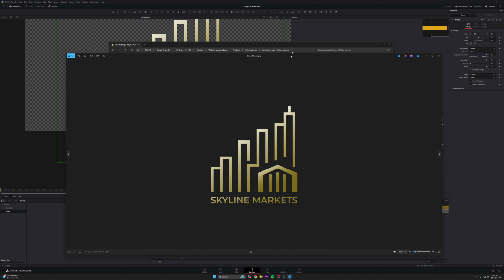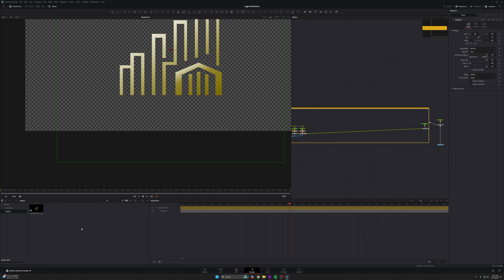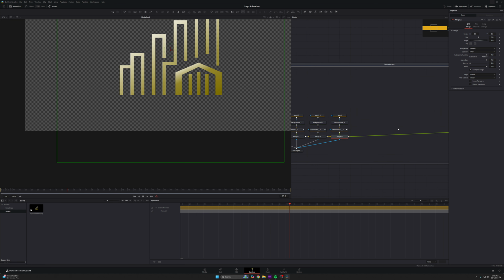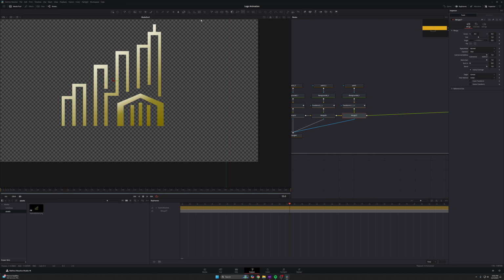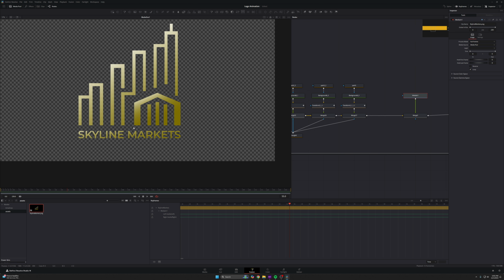If you decided to follow along with me, the files that you downloaded from my website should include a PNG file. That PNG file looks just like this, right? So I'm going to take that PNG file, import it into my project, and now when we go back into our nodes here, look at this. I'm going to add another merge node, all this empty space. I'm going to take that PNG file, connect it to that merge node, and you can see our text reappears